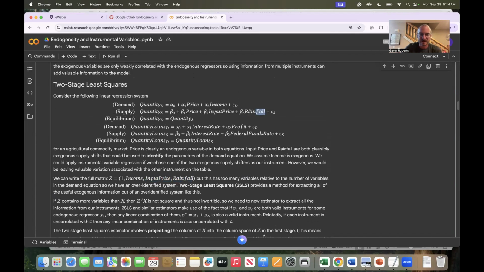Notice rainfall and input price, these two are both in the supply equation. So if we're using those as instruments, they're going to be instruments for price in the demand equation, because we're going to, remember, shift around